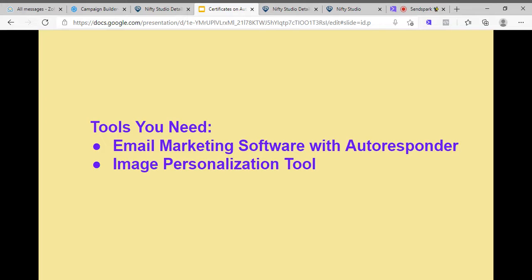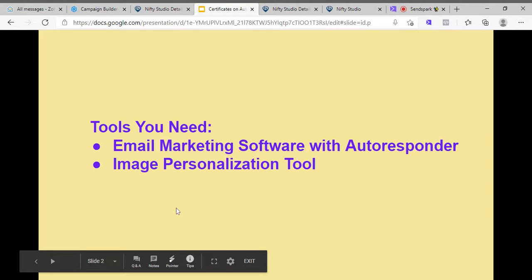You can easily just send that, or you can even send a quick form for them to request a certificate, where they can submit their first name and email address to receive a certificate. So you just need to integrate that form with this email marketing software so that this works on autopilot. Anyway, we are not going to talk about that aspect. We are going to talk about how you can configure the email marketing tool to send a certificate with everyone's name on that certificate on automation. So this is what we are going to talk about in this video.